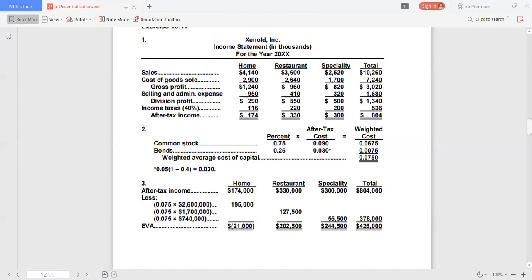If we have the after-tax cost of the bonds, 0.0304, bonds equal to 5%. As stated, the bonds pay interest at 5%, and you multiply it by 1 minus 40%. 40% is the tax rate. So you now get 0.03 for the bonds, and we have 0.090